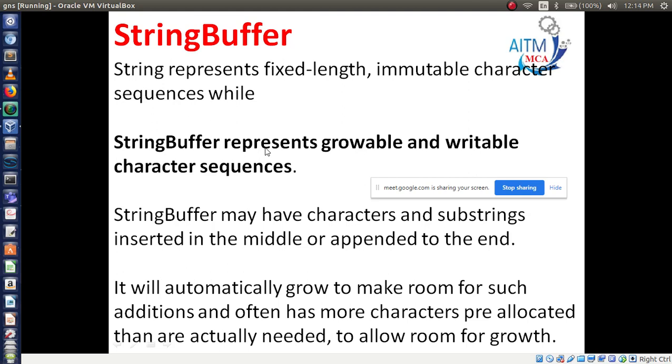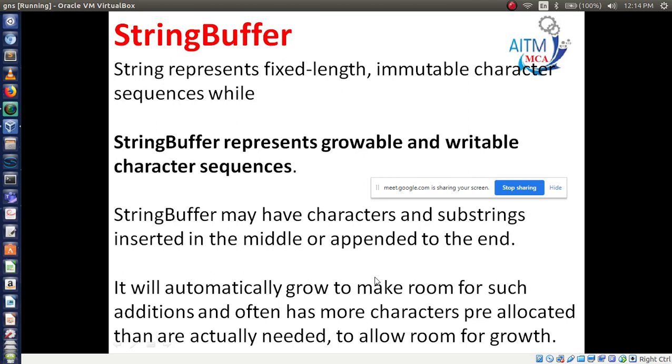If you use a string buffer, the characters you have written may change. Change means it may increase or it may decrease. A string buffer may have characters and substrings inserted in the middle or appended to the end. So you can insert or delete characters with the help of a string buffer. While doing these operations, obviously its size may increase or decrease.